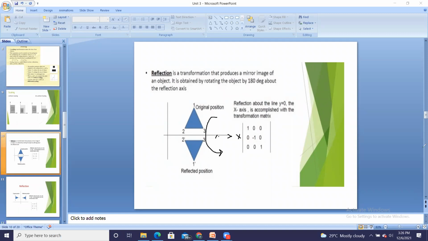Now consider this diagram. It is a point, let us say 5,5, my favorite point 5,5. Okay, now this is a point 5,5 and I want to reflect it along x-axis. So what will happen? Where will the reflection lie? This is your first quadrant. Where will the reflection lie?